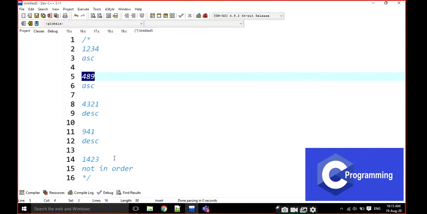And here also, if this is the number, this is the output. Like this we have to solve this question. Is the number in ascending order or descending order or not following any order? That's it.